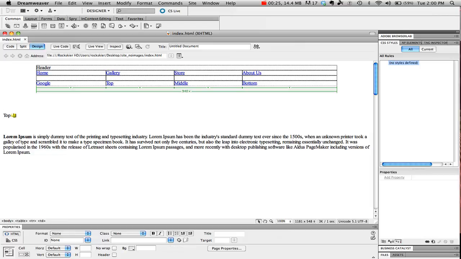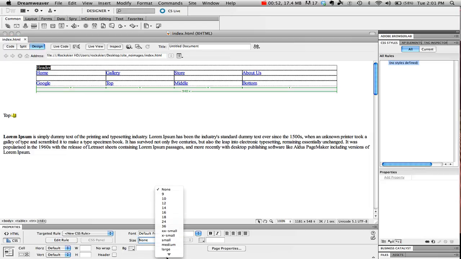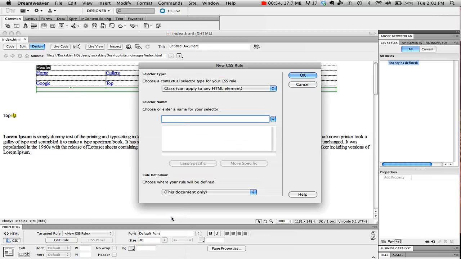So the first thing I'll do is take my header text, whatever it may be, and highlight it. I'm just going to change the color and the size, so I'm going to go into this CSS. That will change up the settings down here. I'll start playing around with the color and also the size. Maybe I'll come in here to size where it says none and change that to something big. And when I first do that, before I can really do anything, it's going to make me